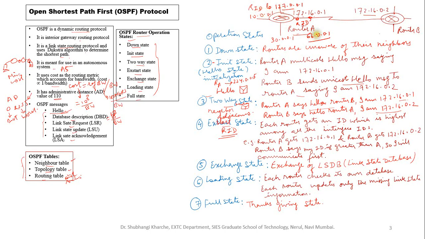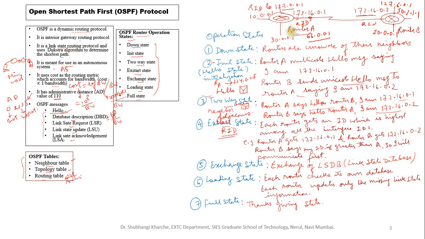Fine. Now similarly for router B, the router ID can be 172.16.0.2 if the other interfaces on this router B have IP addresses like 20.0.0.1, then say 50.2.1.1, and the local loopback testing address is say 127.6.0.1. So among all these IP addresses, the physical active interface has the highest IP address, 172.16.0.2, and thus the router ID for router B will become 172.16.0.2.